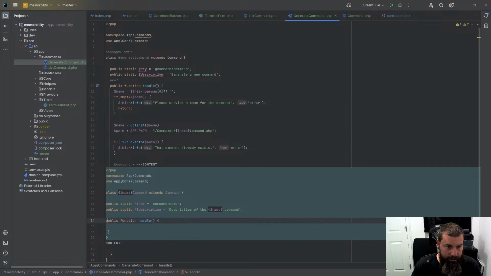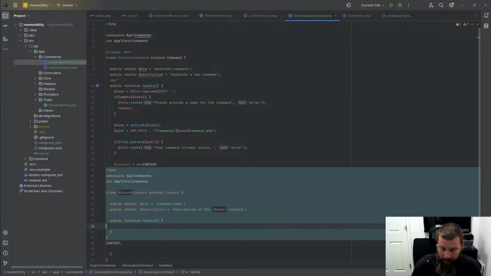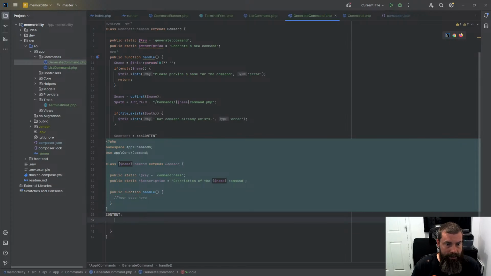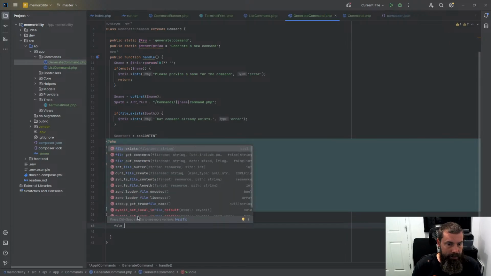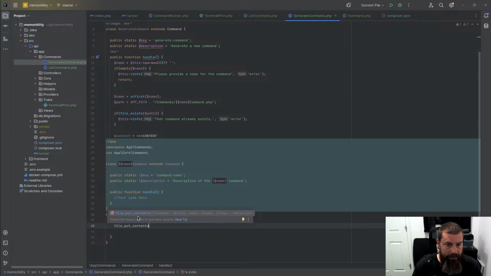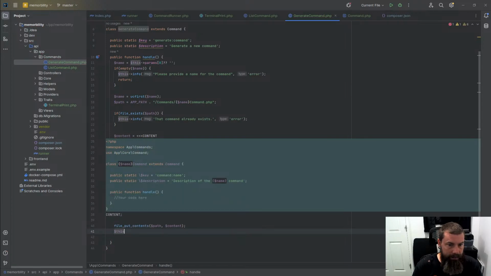And let's go ahead and give this the proper... Okay, public function handle, and say your code here. Okay, so now that we have content done, underneath that we can just do file put contents, and we're going to pass it the path and the content, and then we'll print this info